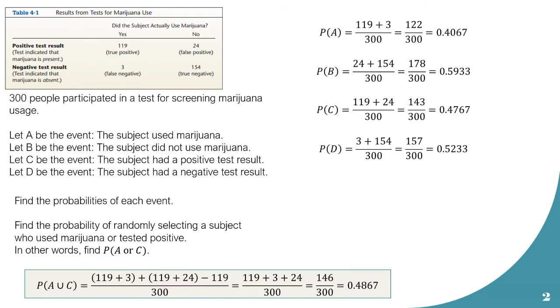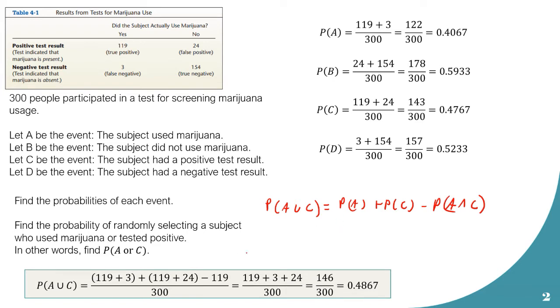Here we're using the events A and the event C. So the probability of A or C, and remember when we talk about or, we're looking at the union of two events. And so here the probability of A plus the probability of C minus the probability of A and C. So the way we talk about A and C is to say the intersection of these two sets. So this is very important. And so how do we continue here? This will then give us